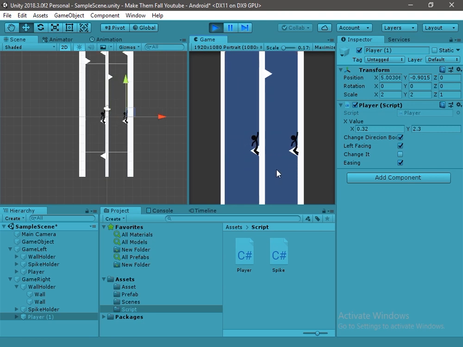Great, the players are moving correctly to the correct position. Right now when I click, both of them are moving in the same direction. We have to create the functionality that if we click on the left part of the screen, the left player should move, and if we click on the right part of the screen, the right player should move. There are a lot of ways you can do it, but we will do it using the collider. I will place one collider in the left half and another collider in the right half.